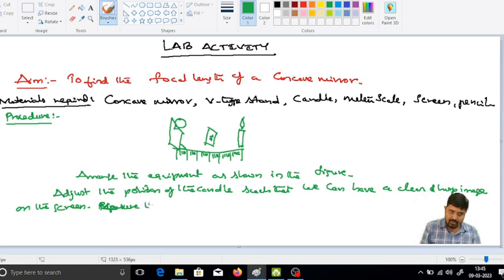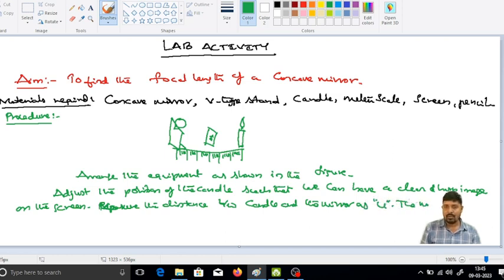Measure the distance between candle and the mirror as U. The distance between screen and the mirror as V. Okay, after this we are going to mention,